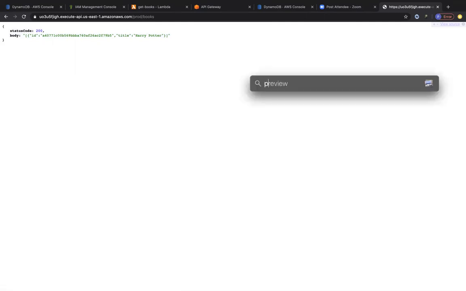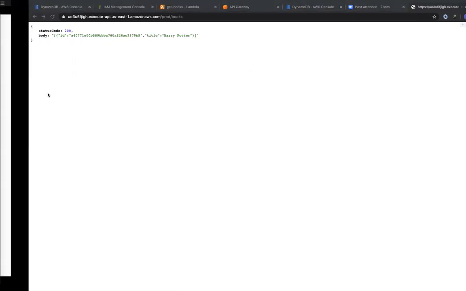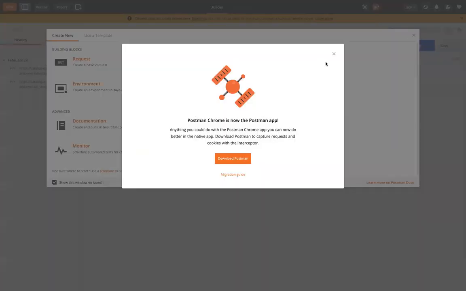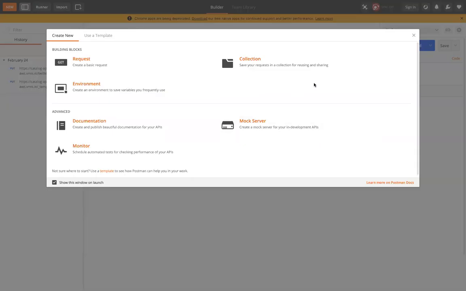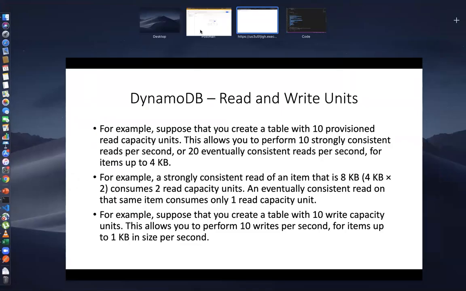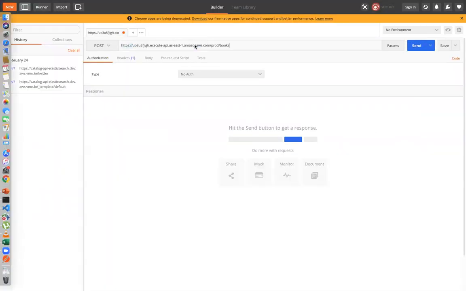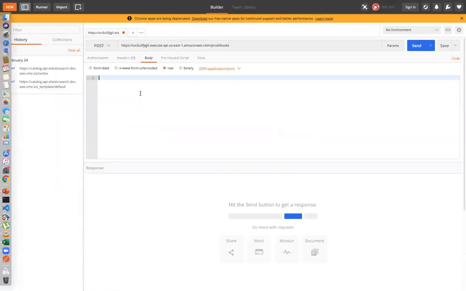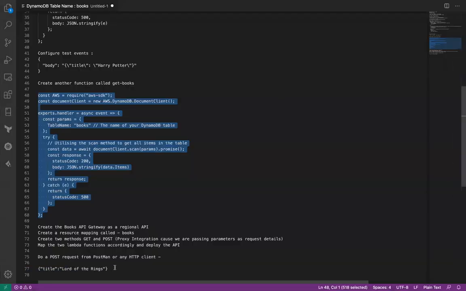So let me open up Postman if I do have that, right? So this is a REST API tool. It's really good for testing your REST APIs and so on. So I'm going to go ahead and do another post request over here, but this time to this endpoint. So let me just copy this endpoint. I'm going to do a post request to this endpoint. And at the same time, I'm going to pass a body to this post request. I'm specifying it's of type JSON, right? And let me go ahead and copy that JSON. So I'm just going to present only this title, right?